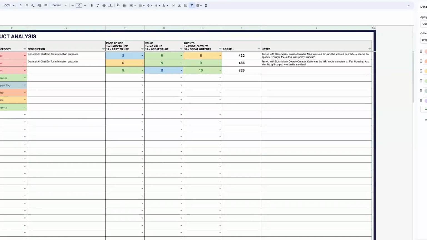learning management. What LMS? LMS, is that what y'all call them? Yeah. Learning management systems. So you can just go in here and change the category to online or whatever, right? If you have a category, or you can just update these to be one category, and then you can describe what that LMS platform is, and then you can go through and evaluate ease of use, the value, and the outputs, or essentially what it produces for you and your students, to be able to say, all right, this LMS platform is better for me.